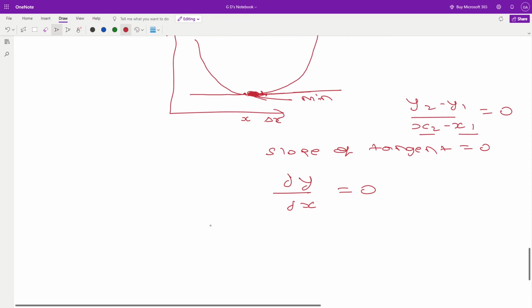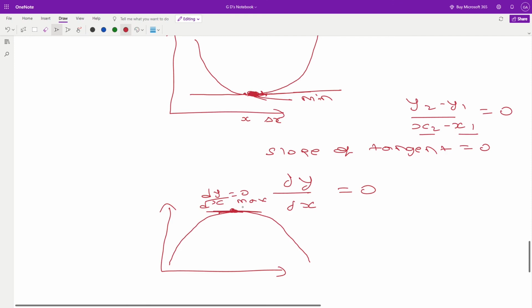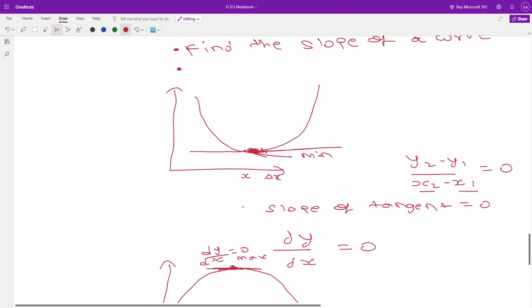The same way, let's assume my graph, my equation, is something like this. Here also, again the same way, your dy by dx would be 0, right? There is no slope here, and this is nothing but your maximum point. So we can now clearly say from these two functions that